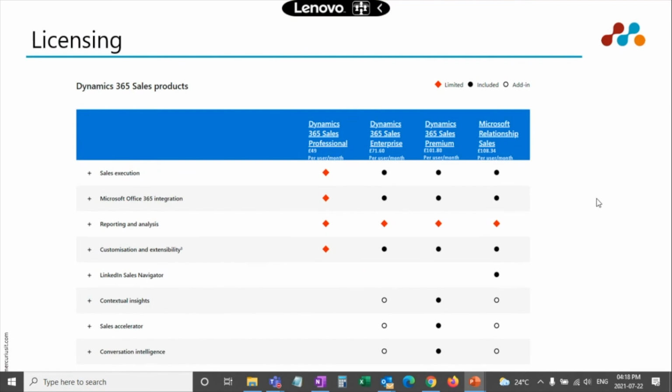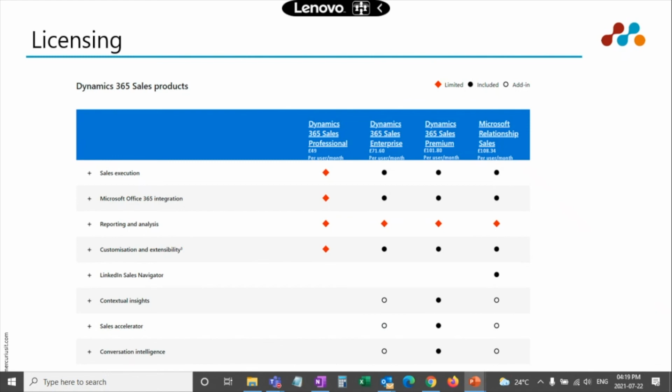So there are four modules in licensing. We have sales professional license, enterprise, premium, and relationship sales. Relationship sales is basically a very big one where you want to have all the features of sales inside. So professional is £49, and there are a few limitations in it, as mentioned here. The red dot is a limitation, the black circle is included, and the hollow circle is where those are add-ins.